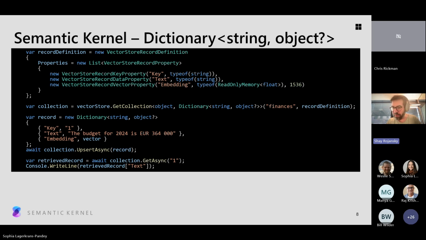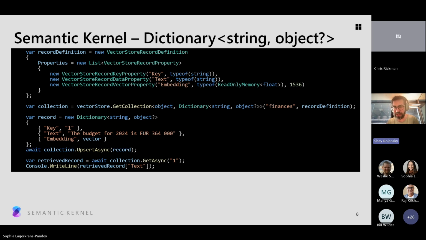Then we're mapping that to a finances collection in the database, and we're giving the record definition. Note that in this case, you must provide a record definition. There's no .NET type with attributes that you can use. You can't use attributes to define your schema because there is no .NET type to annotate with attributes in the first place, right? So the record definition becomes mandatory. And then at that point, you can interact again exactly in the same way.